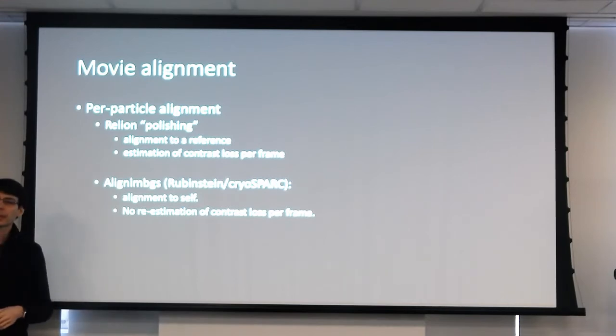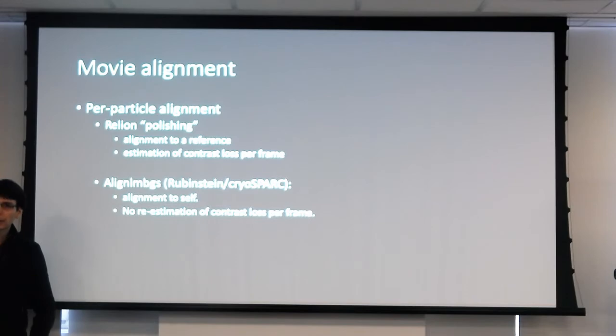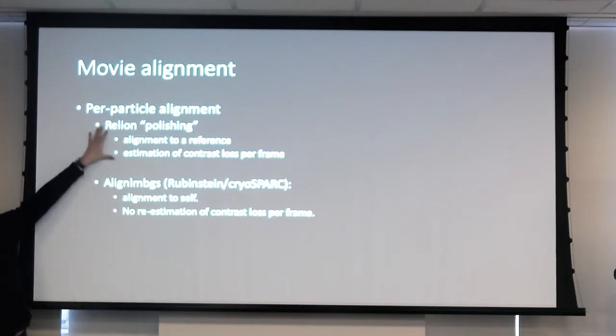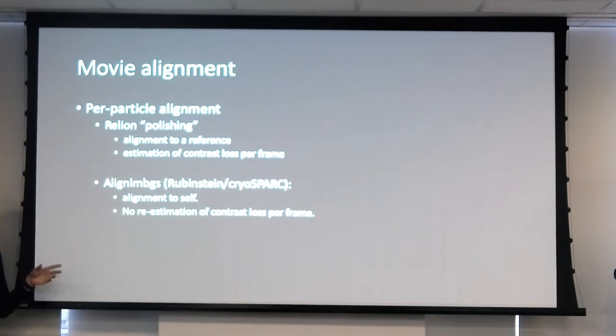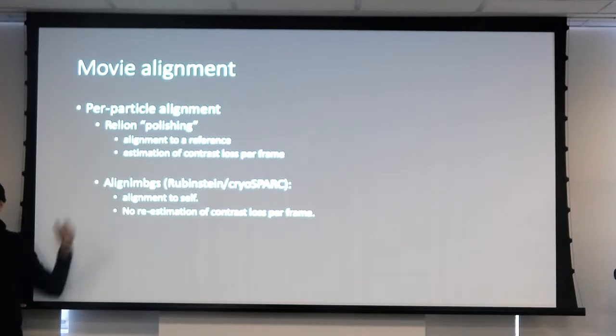Yeah? So if you don't have a 3D reference, how does Relion deal with that? If you do not have a 3D reference, so here I'm describing this before we get to 3D reconstruction, but this is actually done after 3D reconstruction. So you first get,